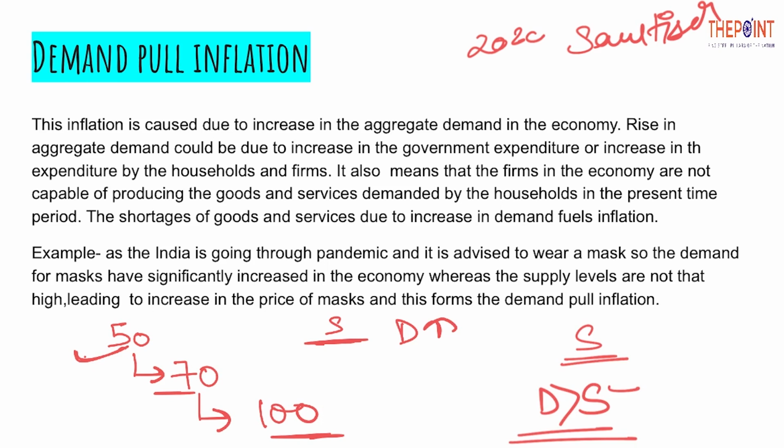And the reason for increase in demand could be, first, an increase in the government expenditure. If the government increases the expenditure, then there is more liquidity in the market. Or let's suppose there's increased expenditure by the households and the firms, so there is more demand for the products in the economy and the supply is constant in the short run. So for the short run, there is an increase in the price of the goods, which leads to inflation in the economy, and the reason is the increase in the aggregate demand in the economy, as I've explained through the example of sanitizers or masks or PPE kits.